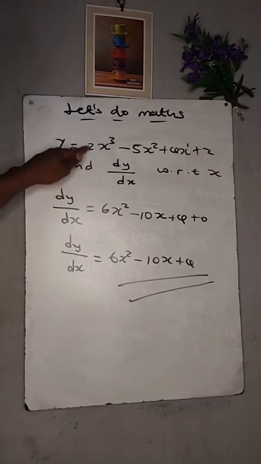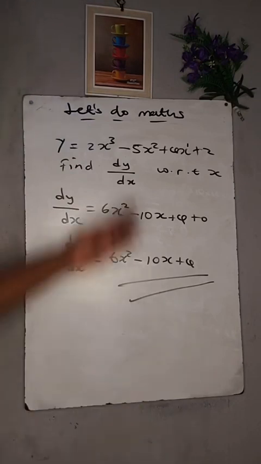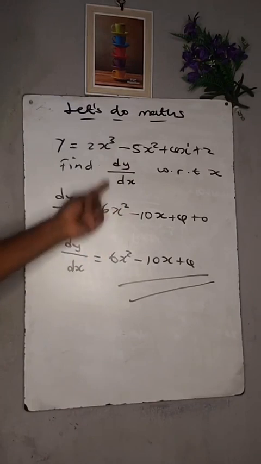So you multiply the coefficient times the power or the exponent, then subtract 1 from the exponent. Well, negative 2 times 3 is 6, then that 3 becomes